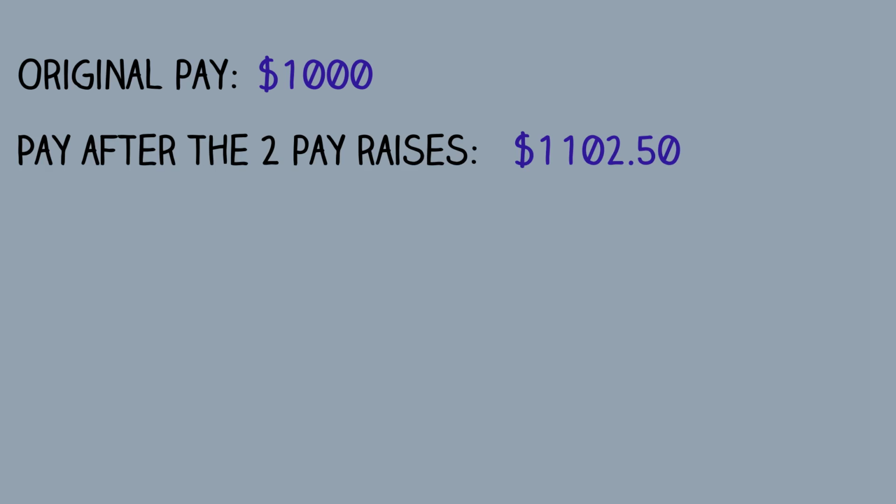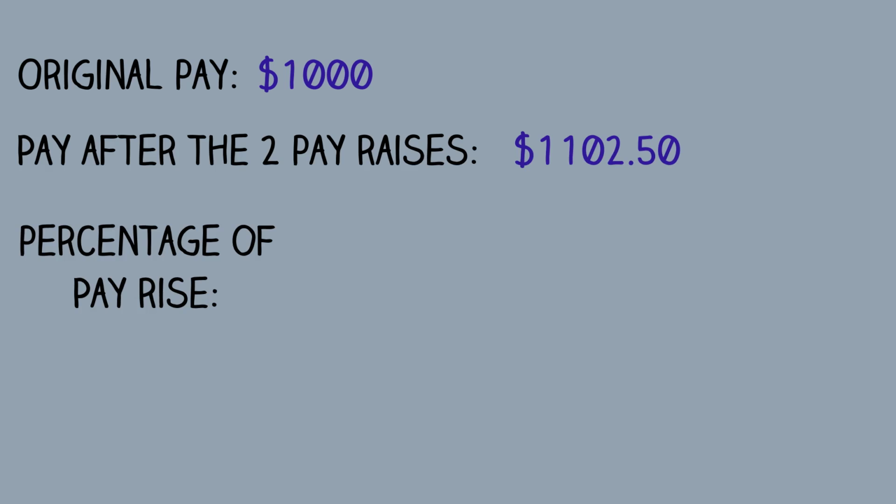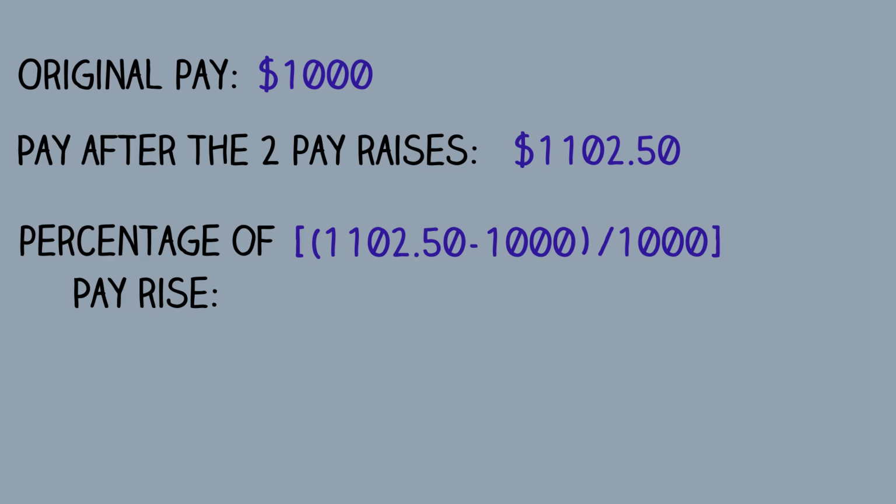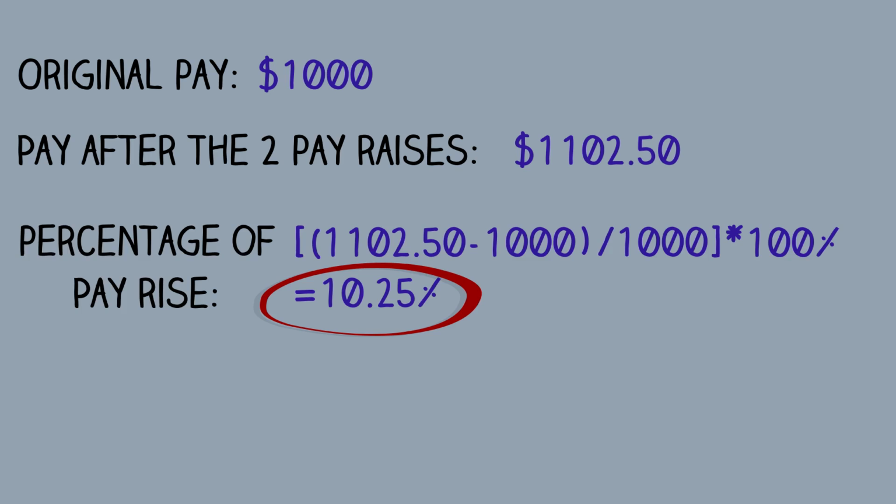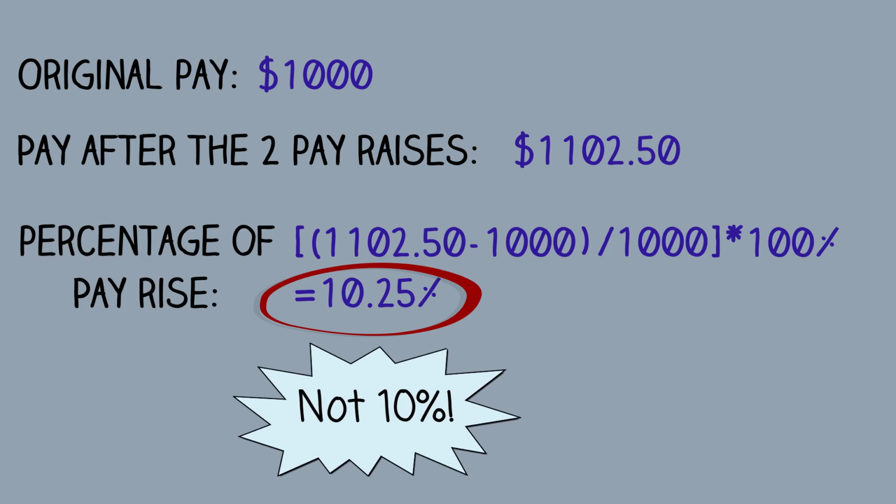We know that Peter's original pay is $1,000, and his pay after the two pay raises is $1,102.50. We can use this information to calculate by how many percent Peter's pay rose from his original pay of $1,000. That would be the difference between his new pay of $1,102.50 and his original pay of $1,000, divided by his original pay of $1,000, multiplied by 100%, giving 10.25%. You see, the total pay rise is 10.25% and not 10%. You cannot simply add all the percentages up, in this case 5% and 5%,